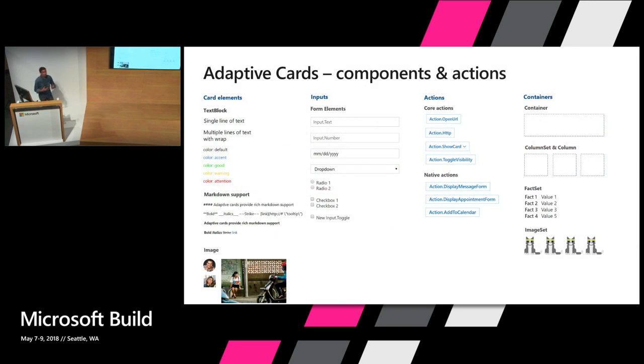So currently, we have built a very simple card. But adaptive is a more capable card format. It supports a whole range of components and actions. It even supports rich text capabilities using Markdown. In addition to the core set of actions, it also supports certain actions which are very specific to Outlook. You can have a message form open up or launch an add-in, all of that right from within Outlook. So let's head out and create a much richer card.